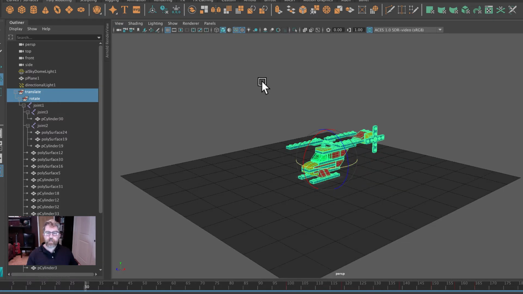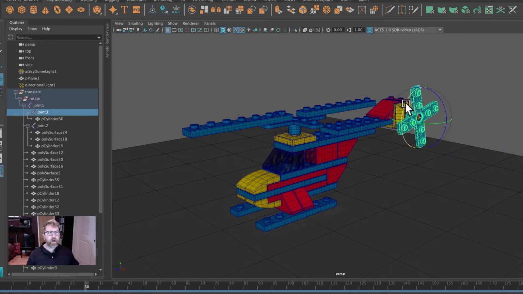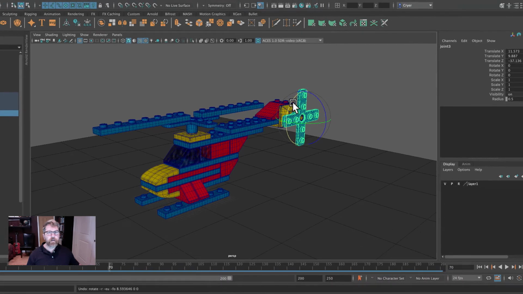All right, let's animate our propellers. We have joint 3, so this is our rotate X. And we probably want it to start before 100, right? Because it's getting liftoff at 100. So let's say we'll start at 70. We'll key, yeah, we said that was X. We'll key this, and let's say by 100 it's a full revolution, and then we'll talk about how we could speed this up. So we'll key that. So that gets going,